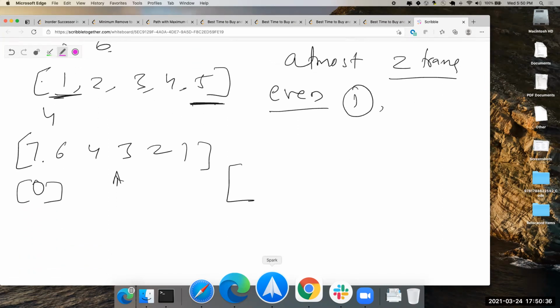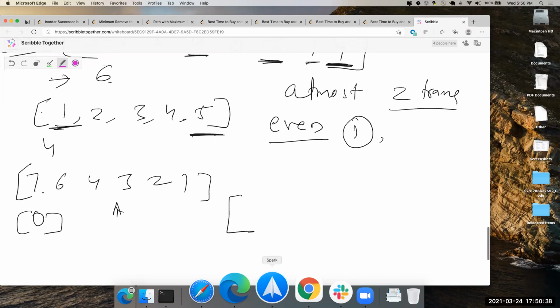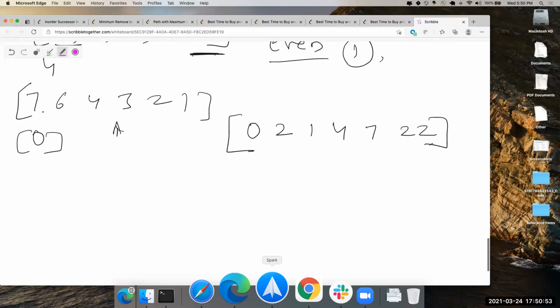So I have one thing. Based on what you're trying to say, I'm coming up with a test case. So let's say you have 0, 2, and then you have 1, 4, and then you have, let's say, 7, and 22. Now solve this one. In this case, you'd have 0 and 2, which would give you 2, right? But the answer is 1 and 4, and the answer is 7 and 22.